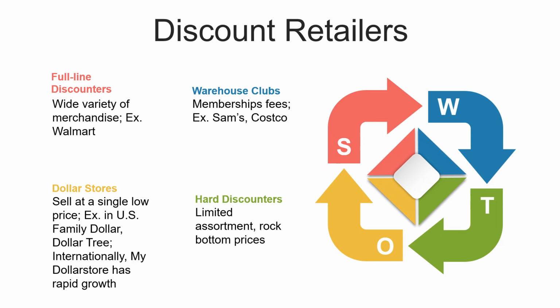For example, the typical US dollar store has a bargain basement image. By contrast, in India, My Dollar Store targets affluent, middle class shoppers who are attracted by the lure of the low price and a brand associated with the good life. In India, goods are priced at 99 rupees, the equivalent of $2, and the stores are decorated in red, white, and blue with the Statue of Liberty on display.